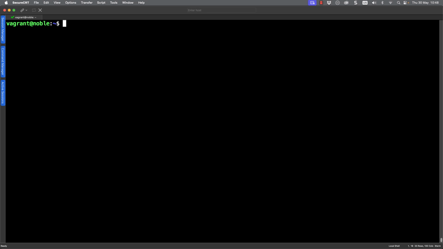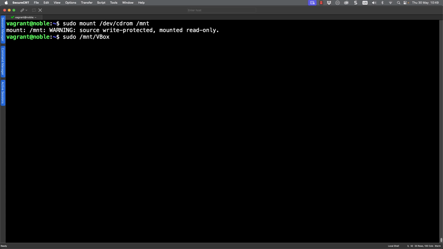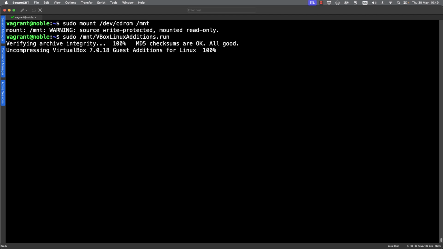And inside of my SSH session, I can use sudo mount /dev/cdrom, and we'll put it in the temporary working directory /mnt. And then I can run the installation script. So sudo, and the VBox additions .run, and we can allow the process to run through.